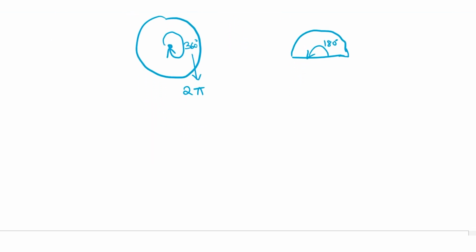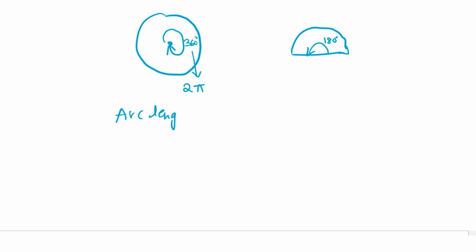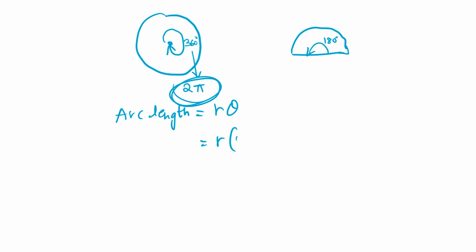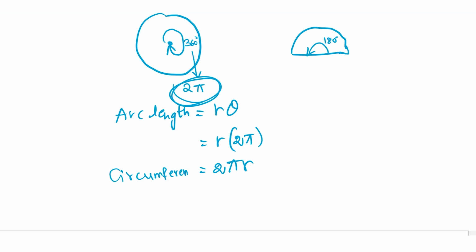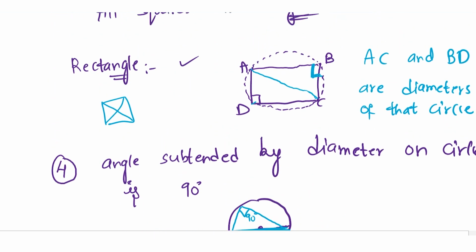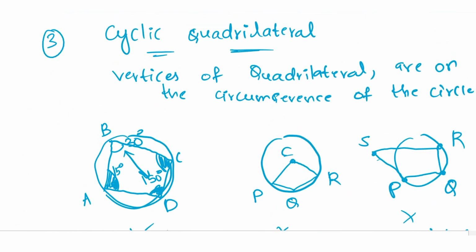And the arc length formula was arc length equals r theta. Theta in this case was 2 pi. So arc length, which is nothing but the circumference of the circle, is 2 pi r. So these are some basics. Let's do